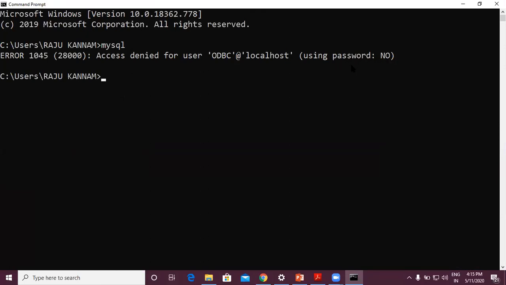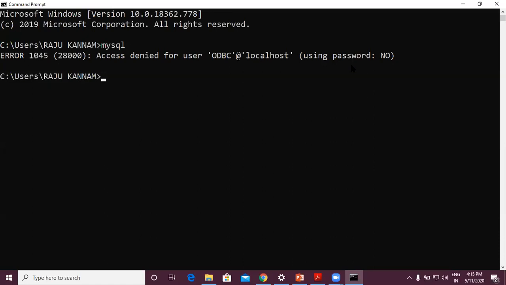The error is access denied for user, using password no. That means we have to log into MySQL with a username and password. So what is the username? Already while installing, one user was created called root. The username is root and the password is what we gave there. I told you to remember that password.